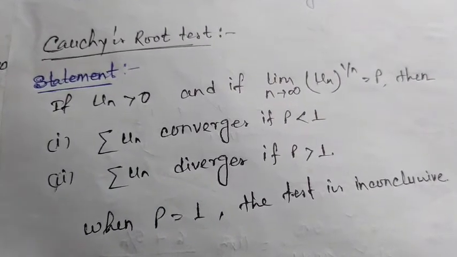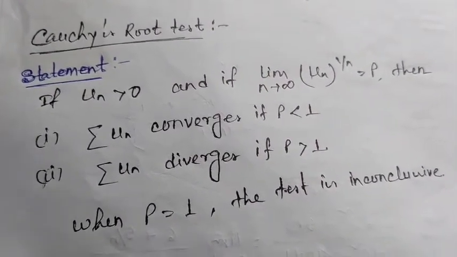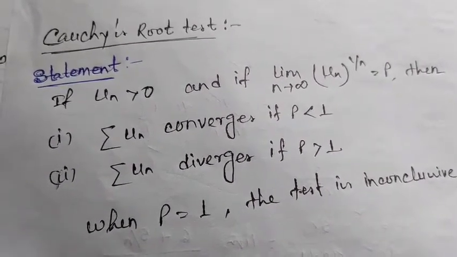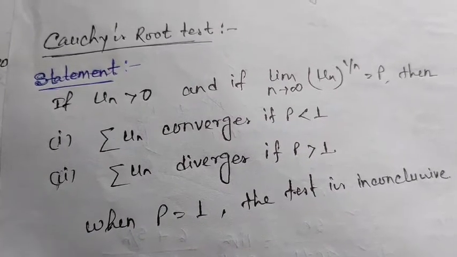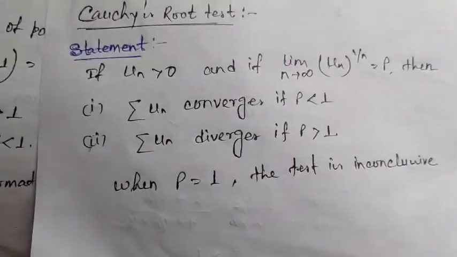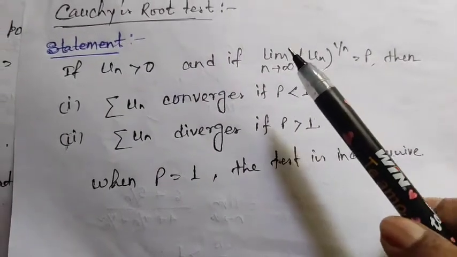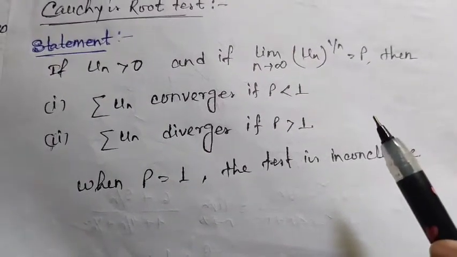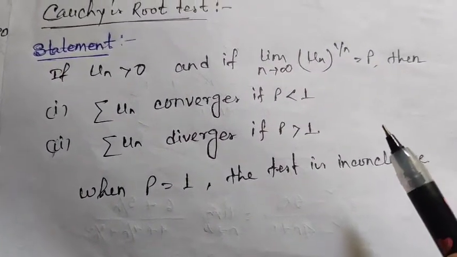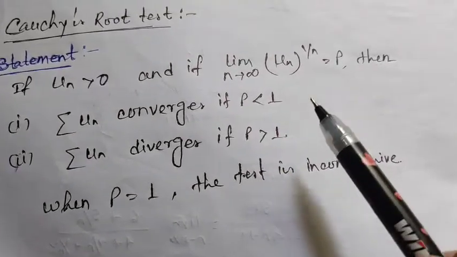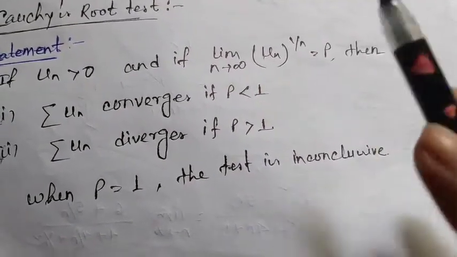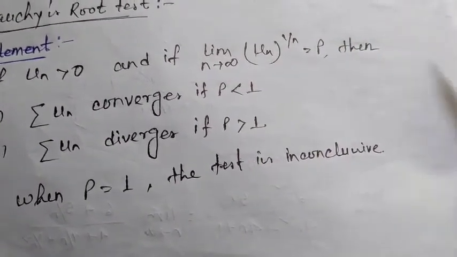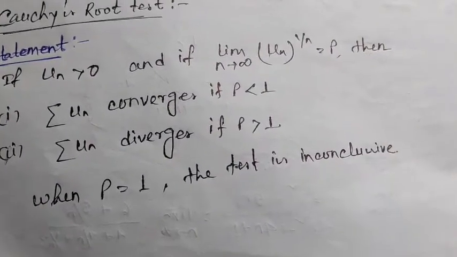Guys, in this video we will discuss how we can test the convergence or divergence of a series by Cauchy root test. So let us see the statement of Cauchy's root test. The statement is that if un is greater than 0, that means all the terms of the series are positive, and if limit n tends to infinity, un whole to the power 1 by n is equal to rho,